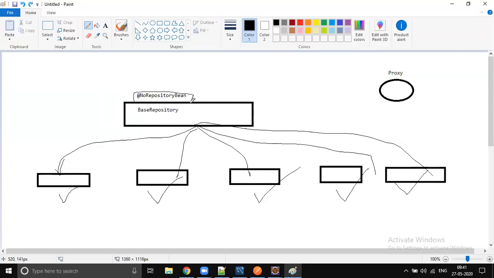for those interfaces, Spring will skip creating proxy classes because a proxy class is costly, right? It consumes some memory. It is costly. So let's not create proxy for all repositories. So for which repositories it is required,